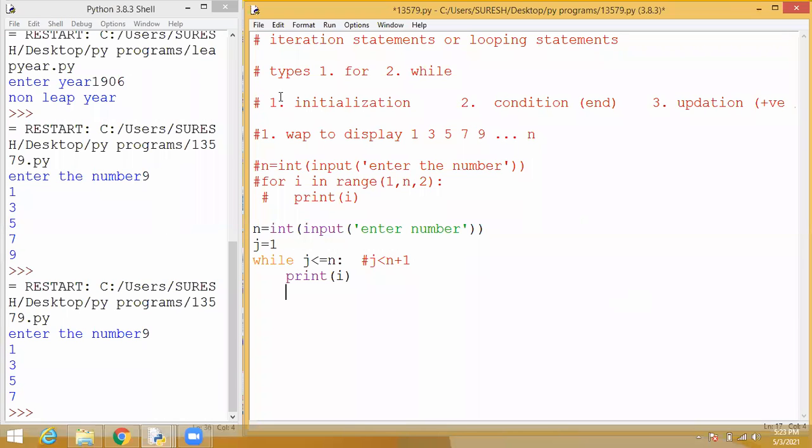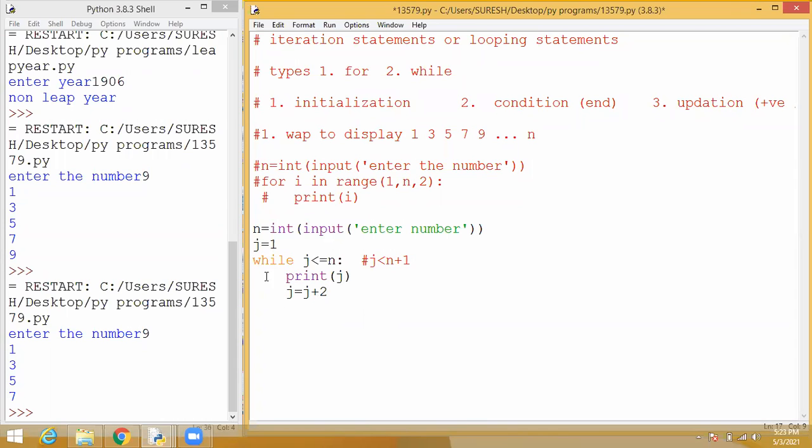The third thing. Initialization completed, condition completed, and the third thing is updation. How to update? Increment. Okay, how to increment the value? Print i will not work, so we have to give print j, because in our program j is the variable. Then j we have to increment, so j equal to j plus 2.